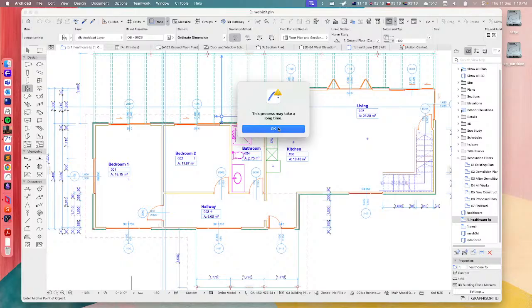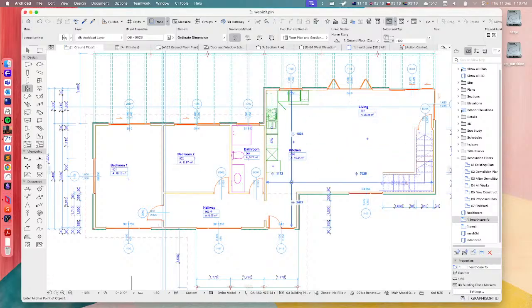It gives us a warning that it may take a long time, depending on the size of your project. In my case, the project is quite small and it doesn't have a very large amount of the standard ArchiCAD library objects in it, only 74 in this case, so it was quite quick. But if you do have larger projects, it may take a couple of minutes to run, so just keep an eye on that. Once it's done, hit OK. You won't see any changes. It will look the same as it did before,